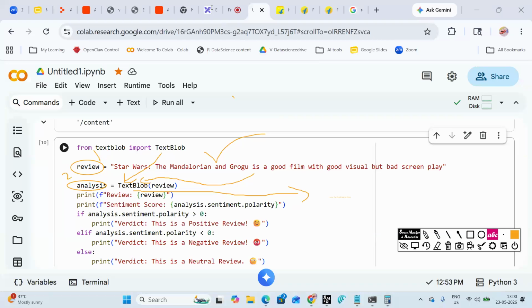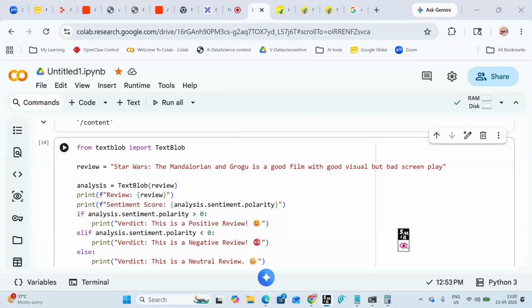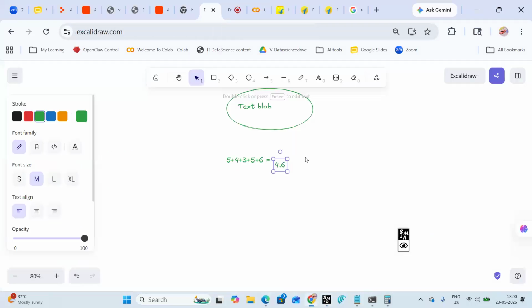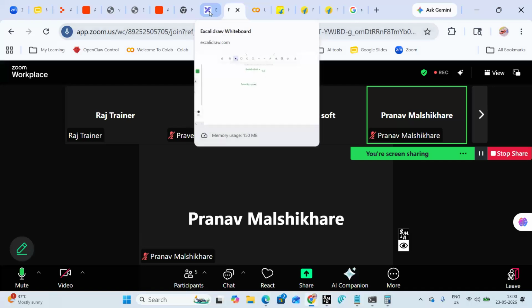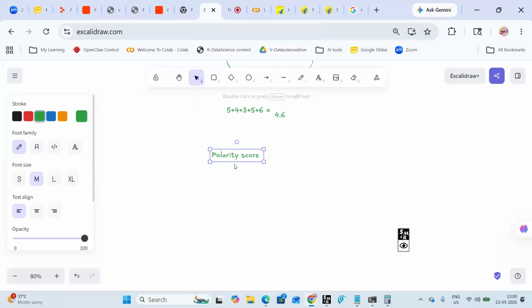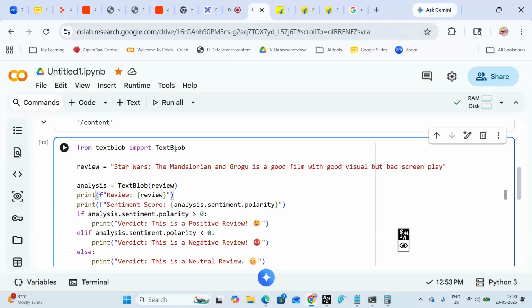So inside this, when we are trying to evaluate something, especially evaluate something, there is something called polarity score. So how we are deciding the star ratings, there is something called polarity score for the words. That polarity score will be there inside our text blob library.